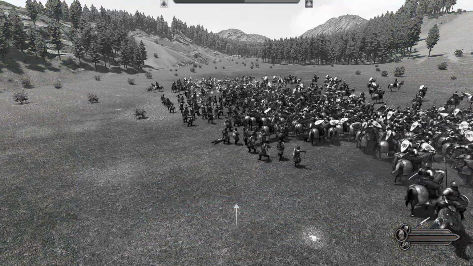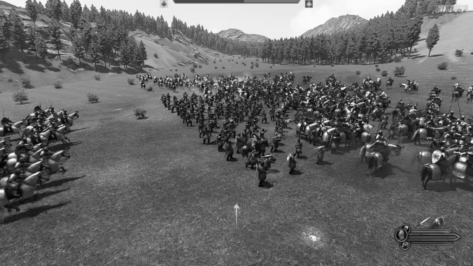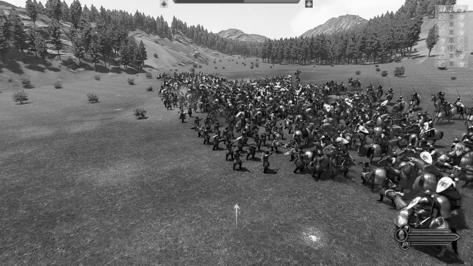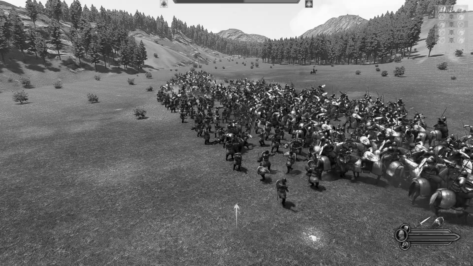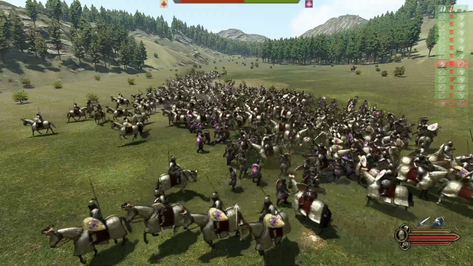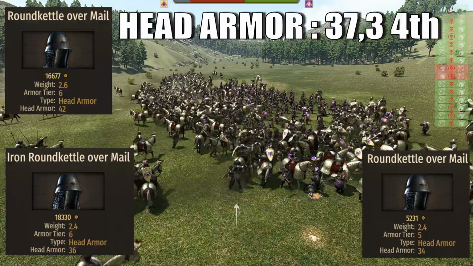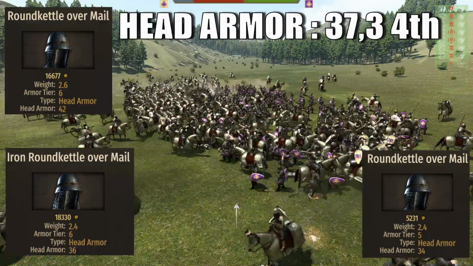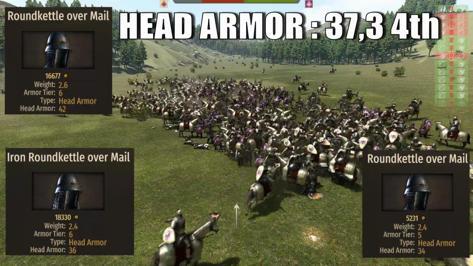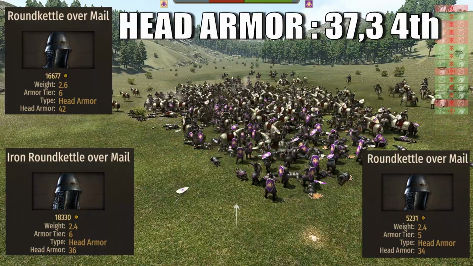Wait, is there a spelling issue here in the script? No? They really have 2 different helmets with 2 different values with the same name? Oh boy, the mystery days. And the last one is the iron round kettle over mail. So, as we can see, all of these helmets are wildly different from one another, and don't create any sort of confusion whatsoever. And when we average their values, it will sum up to 37.3, ranking the sergeants 4th among